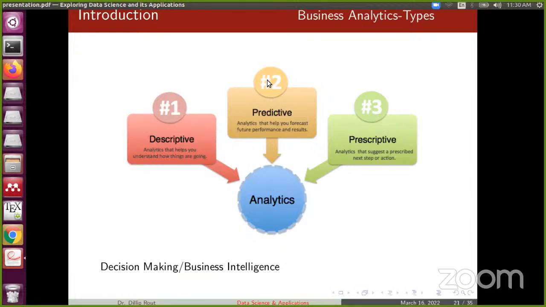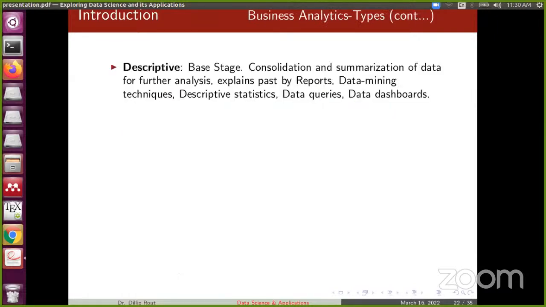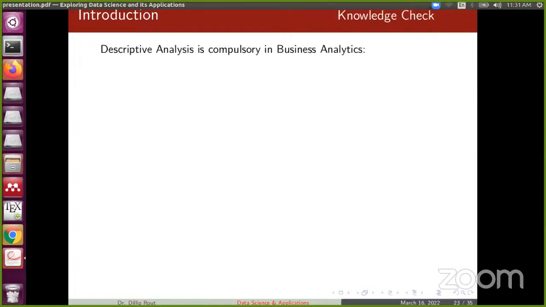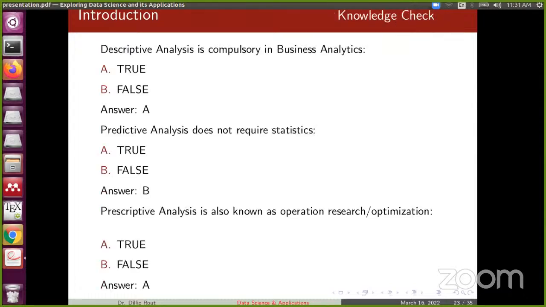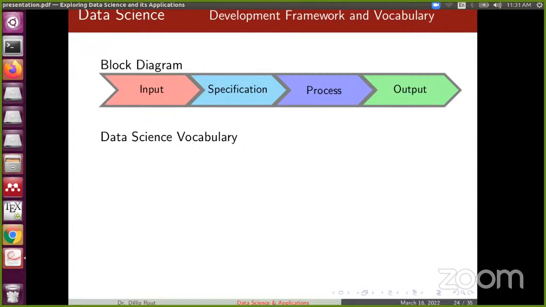In predictive analysis, we have all the machine learning algorithms, including time series: regression, classification, time series, clustering, recommendation systems. Those kinds of things fall into predictive analysis. And descriptive analysis is doing statistical analysis: max, mean, average, median, etc. Having said that, I'm not going into the details of it; we can always look into it later. Let's go to the data science part, how it looks, what the vocabulary is, and what the framework for it is.